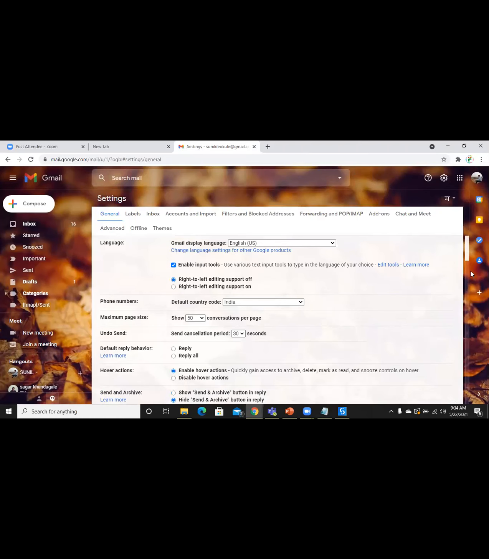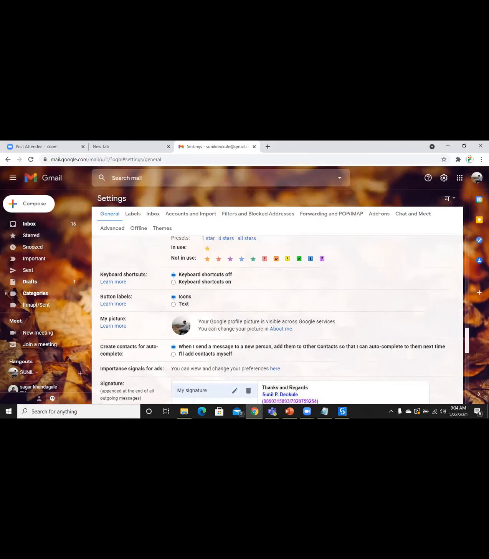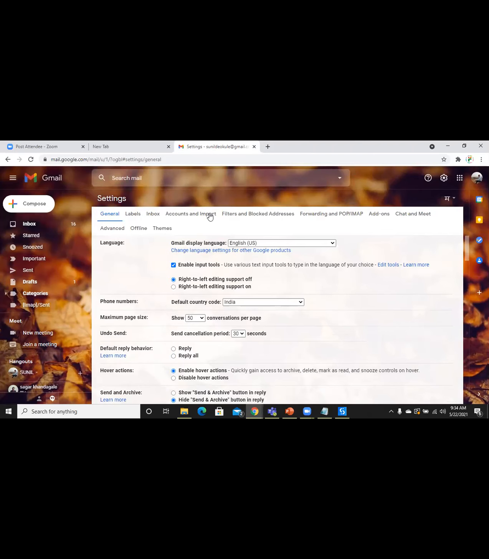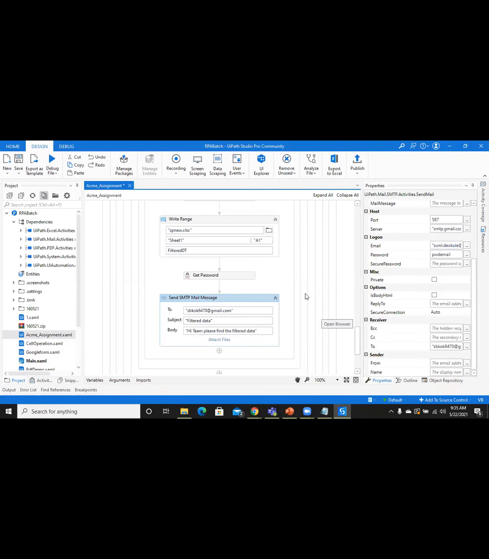And in see all settings, you need to click enable IMAP and POP. So this IMAP you need to enable. So these two settings you need to do, then only you are able to send the mail. Otherwise you can't. Understood? First part is you need to do some settings in your email.